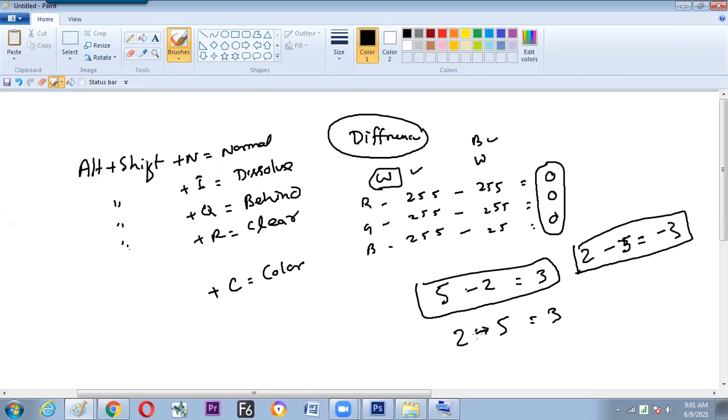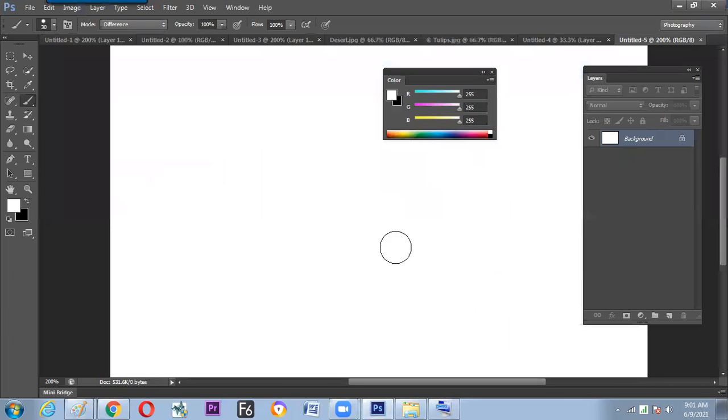Difference is just a range, how much the range differs. It may be 5, it may be 2, but it is calculated through subtraction. So difference is always a positive number, never a negative. That value will appear, and with that they will make a color and form it. So I hope we have understood the logic behind the Difference mode. We're just taking the theory to get clear, so it may help you make a judgment on the screen before clicking.